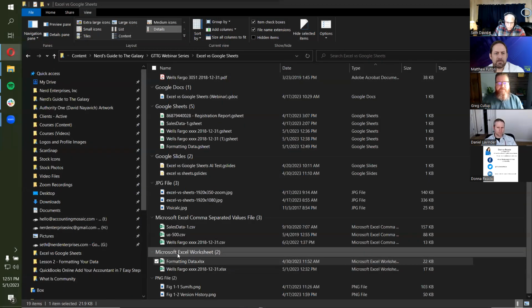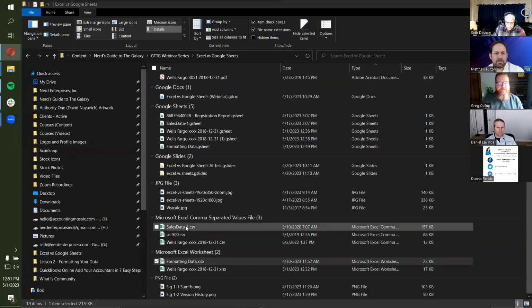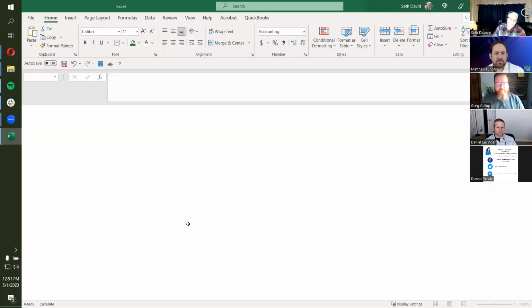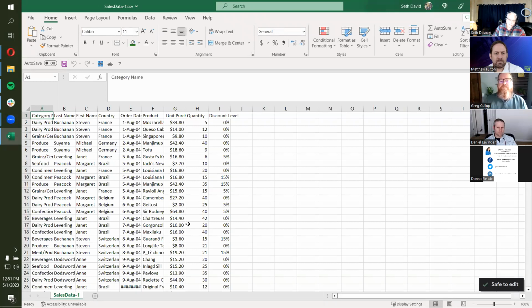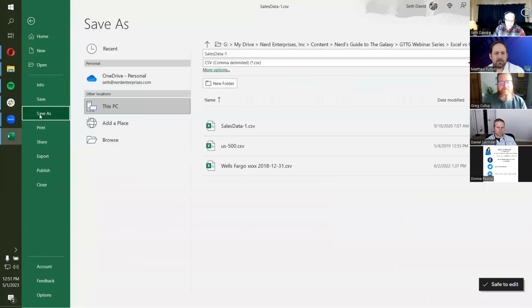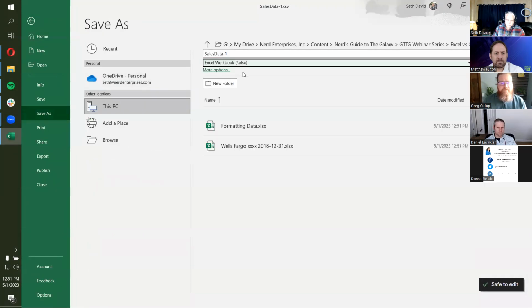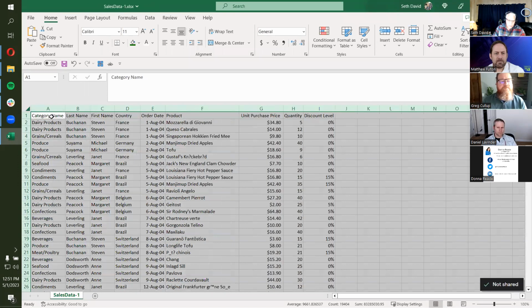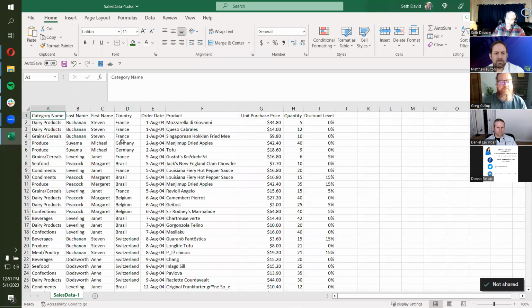Save it. Okay. Sales data. This is a very old exercise file that I've been using for years because it's just good data to play with. Okay, so I opened up the CSV. Let's save as, and let's turn it into Excel before I forget right away. Save. And here I have clearly what lends itself to a data table, right?